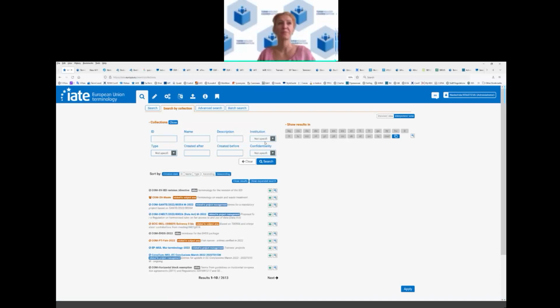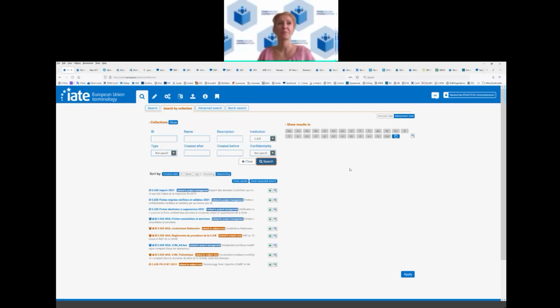and go by institution. Because, for instance, in our example with the Court of Justice, it's not Court of Justice, but it is the French abbreviation that they use, and you have to know it. So it's so much easier to go to the institution and take it from here, Court of Justice of, well, this is the French abbreviation. As I said, it's not Court of Justice of the European Union, it's reversed. And institution, you go on search, and you see, these are all the collections. They are not many, but they are magnificent. And they have all